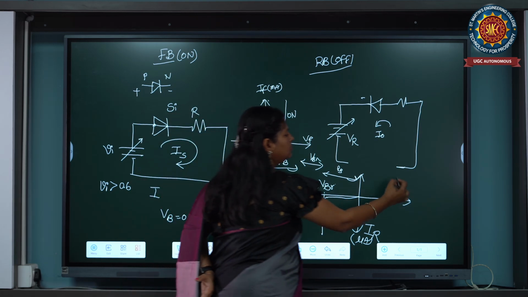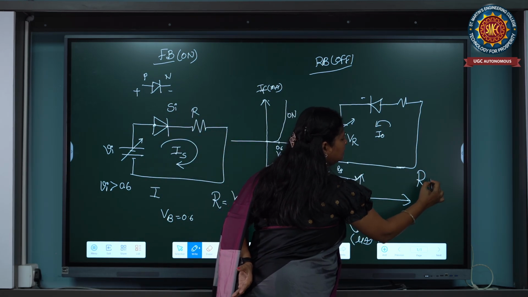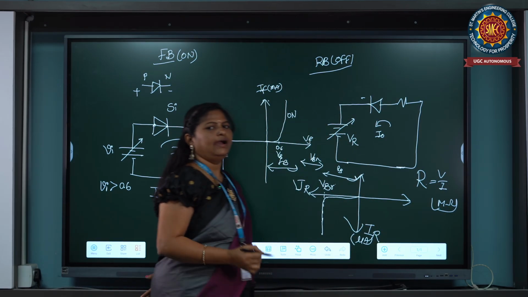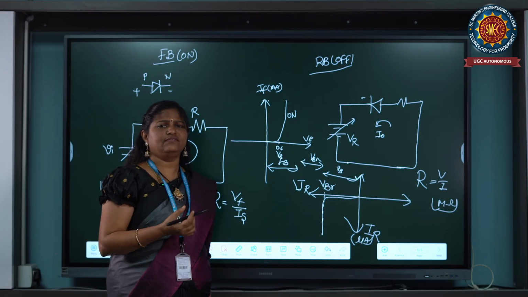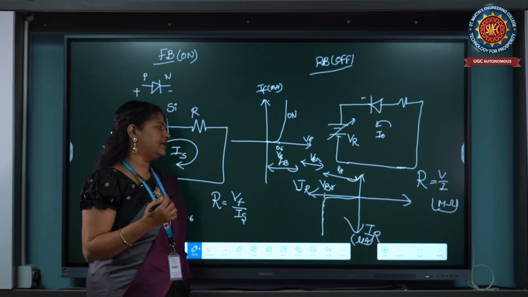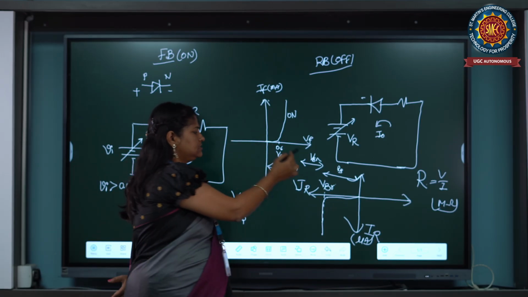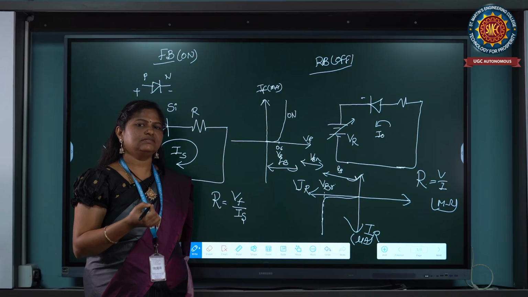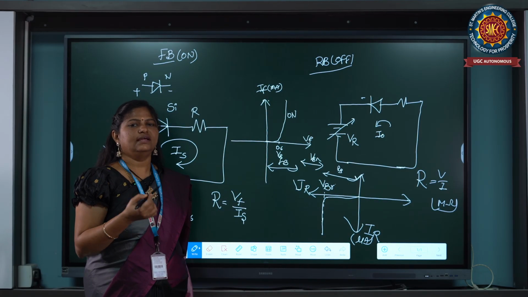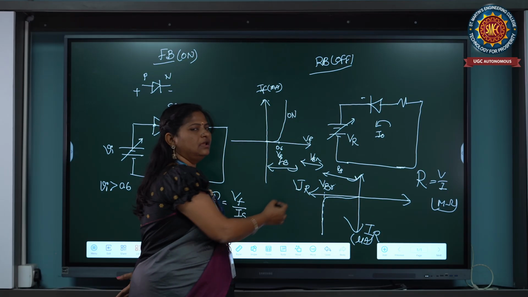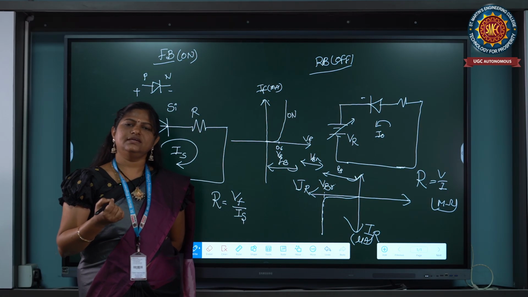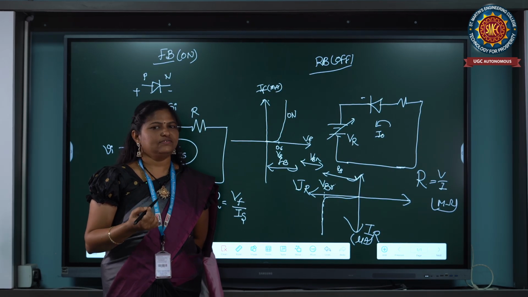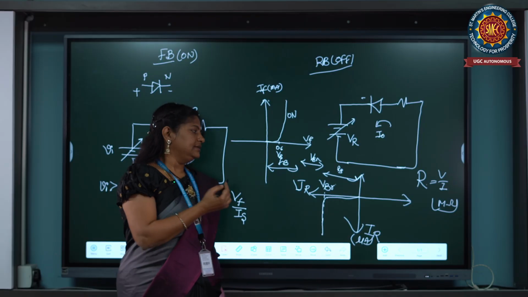That resistance value is in the range of mega ohms, and the depletion region widens. It will not allow the flow of current through it. Like that, the diode operates in reverse bias, and if we increase the reverse voltage further, then breakdown occurs. That is the breakdown region. Like that, the diode operates in three regions based on the input voltage applied: forward bias region, reverse bias region and breakdown region.